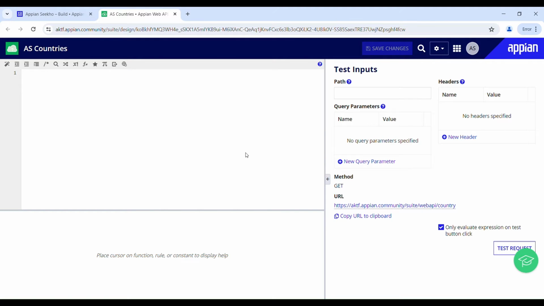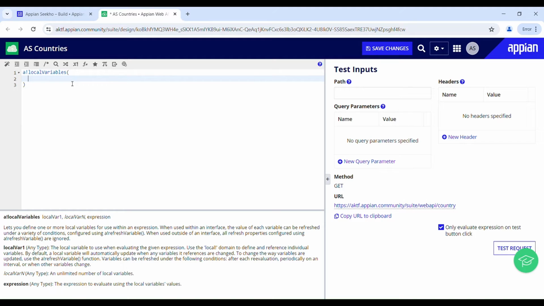So now we are going to query the country table to retrieve the country data, and store that in a local variable. Cool. The table is already in place wherein I have manually inserted the data. Okay, so we'll initialize a local variable. Let's name it as local countries,